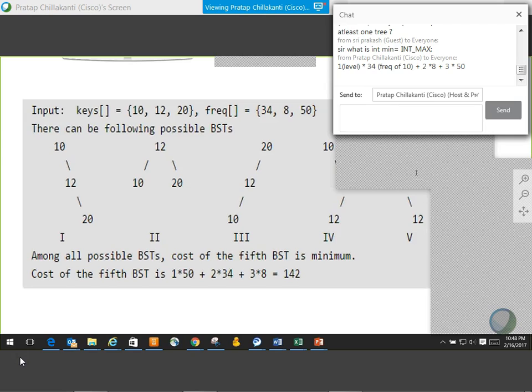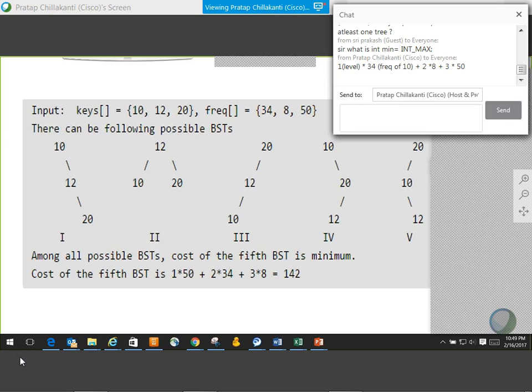Now, int max. Whatever that max has been defined is what I said. Let me check in the code where it is coming from. If you still have questions, if you apply the same logic here, you can see the cost of the fifth BST.